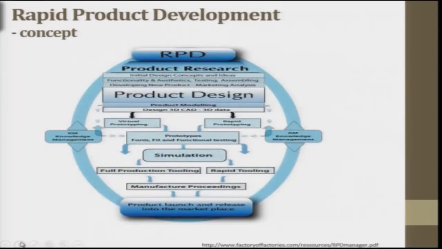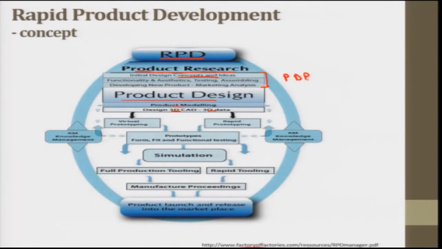Now, this is the rapid product development architecture or scenario taken from this reference here. This is rapid product development, the outer circle. What do we have in between? In the bigger fonts we have product research and product design. Product design is nothing but the CAD, the 3D CAD and 3D product modeling that we saw. In product research, the initial design concepts and ideas. This is the product